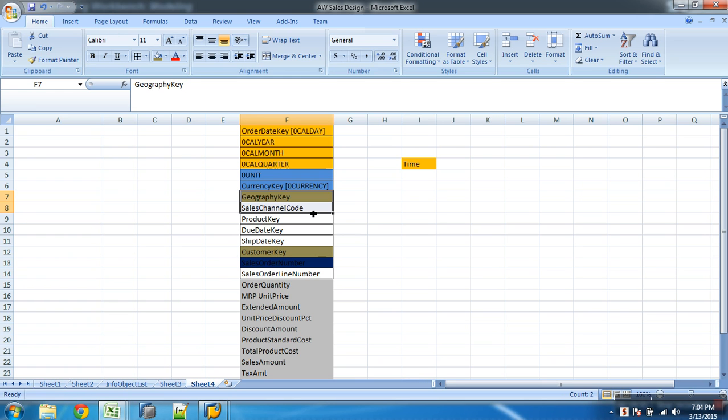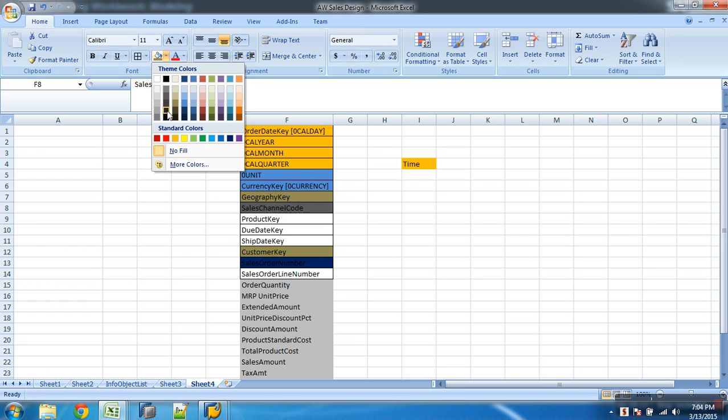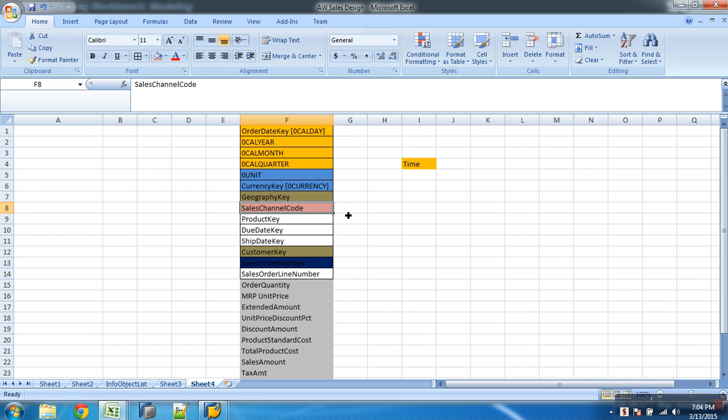Right? So if it is many to many, will it increase combinations for me? Yes. So in that case, can the sales channel come to the same dimension where the geography is assigned? No. So then I'll assign the sales channel to a separate dimension. Done? Next, product. Now the next InfoObject.